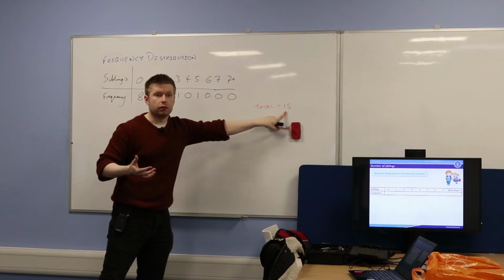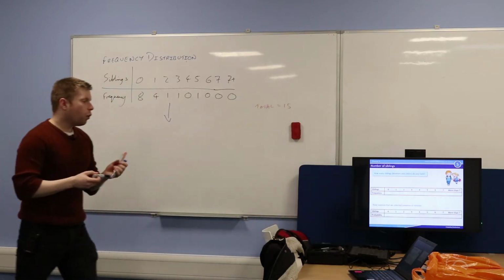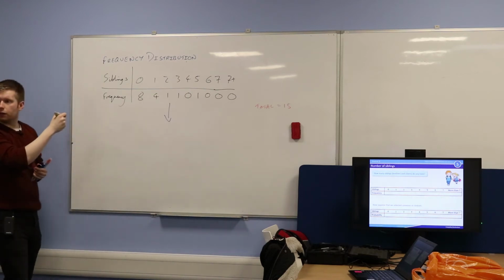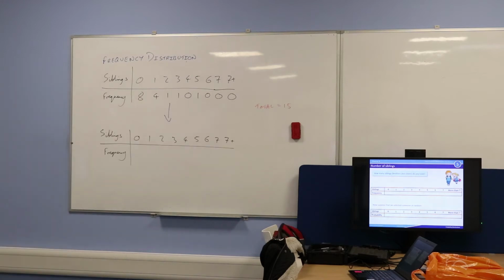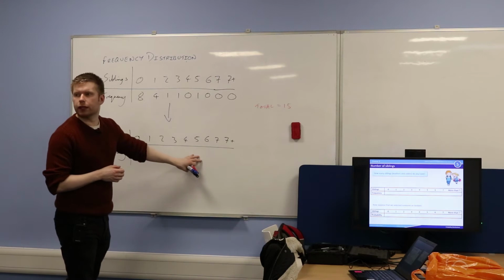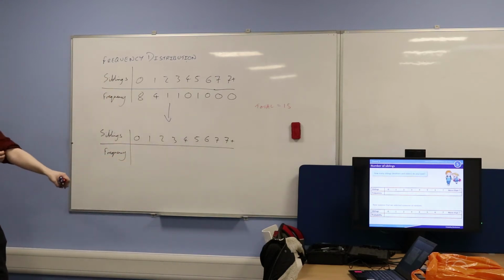which is 15. Okay? So can you, for me, create this new table, which is the same kind of thing, but just exchange frequency for probability? Can I give you 2 minutes to have a go at that for me? Okay, so can I just ask you then to read out the probabilities for each of the different numbers of siblings? Yeah? So what's the probability that we select somebody with no siblings?